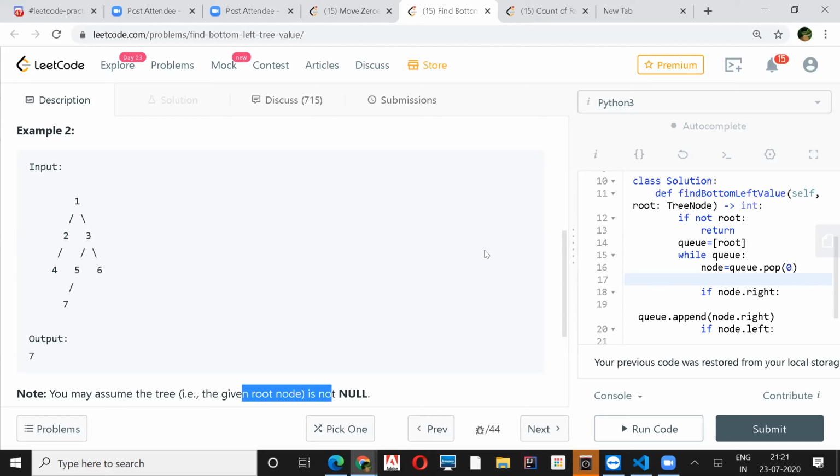For a left skewed or right skewed tree, it will be n squared, no?